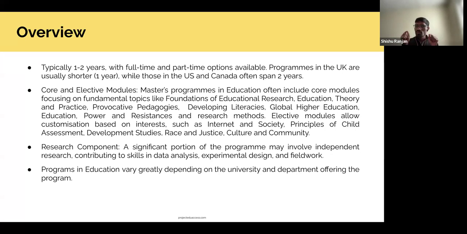Whenever you are picking up any course, go through the core modules, though you will have a choice of optional modules, and see what they are trying to bring. And yes, learning objectives, obviously, what you want to learn. You need to pick based on what you want to do in your future career. If you are interested in research, then you need to pick courses that involve research methods in education or educational research, something like that. You need to pick according to your specific needs.